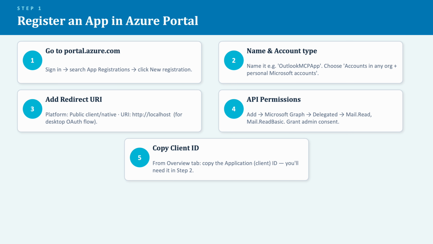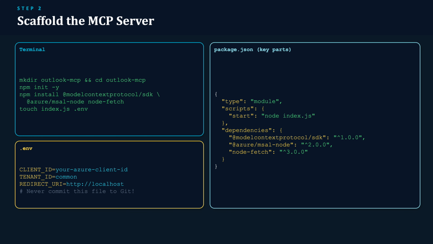Great. Azure is done. Now let's write some code. Let's create the project. Open your terminal and run these commands. mkdir outlook-mcp, then cd into it, npm init -y to create a package.json. Then install our 3 dependencies: the MCP SDK from Anthropic, the MSAL Node library for Microsoft authentication, and node-fetch for making